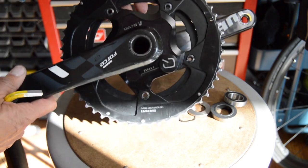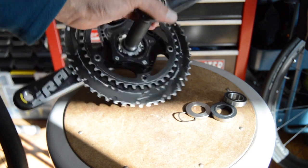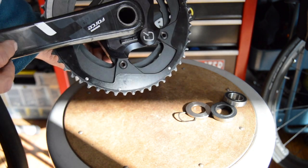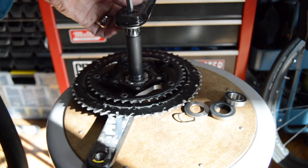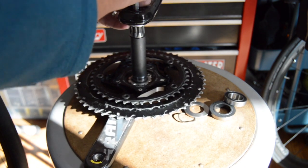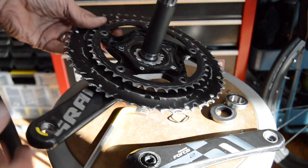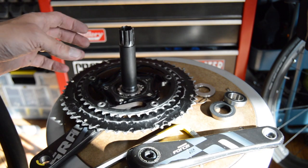All right, so this is my GXP SRAM Force crank. Like I say, it's got a Quark power meter on it. This is a 2012 SRAM Red power meter. Initially, this thing came with some BB30 cranks that I had, and eventually I made the switch. Actually, I went from a 30mm crank system to the GXP system, just because I found it to be much easier to maintain, lower maintenance, and much less issues